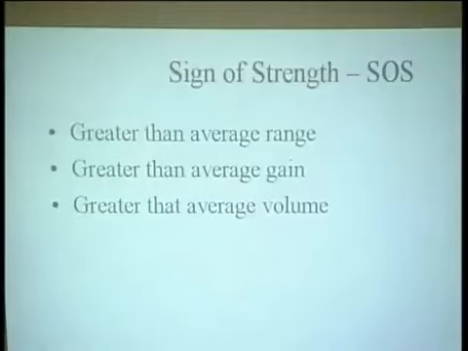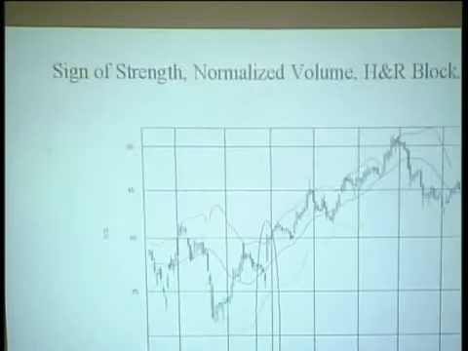For instance, you can have greater than average gain if it gaps open and then trades in a narrow range, because you include the gap in your mind. That's part of the range. So the conditions are not mutually required, but the thrust of the conditions needs to be there. We're looking for a sign of strength. And if we're looking for a sign of strength, this is what one looks like.